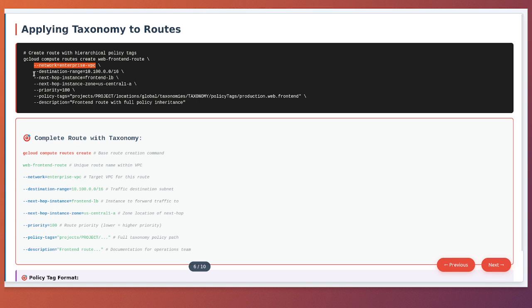The destination range parameter 10.100.0.0/16 defines what traffic this route will match. That is all packets destined for that subnet range. The next hop instance parameter, frontend-lb, tells GCP to forward matching packets to this specific instance. The next hop instance zone parameter, us-central1-a, is required because GCP needs to know exactly where that instance